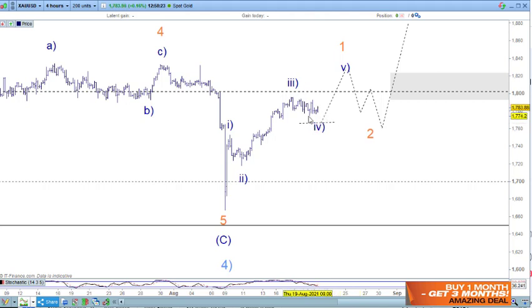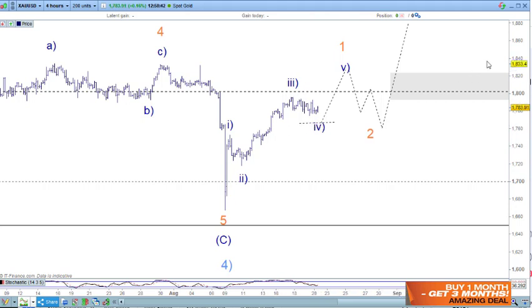There is a good case that it can be sitting on that low right here, and we'll look at that on the tick chart, but it can also move back here as well. So back at the 1772 is my favorite number in that little area. That's all part of group 2, but I won't go there now.